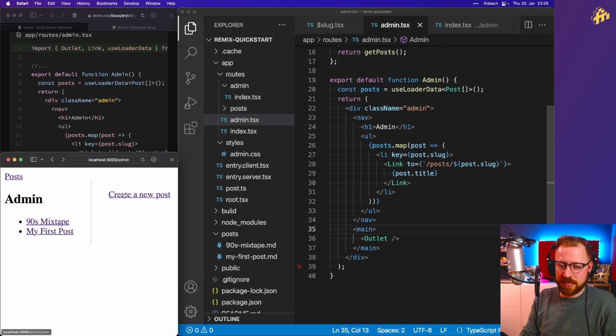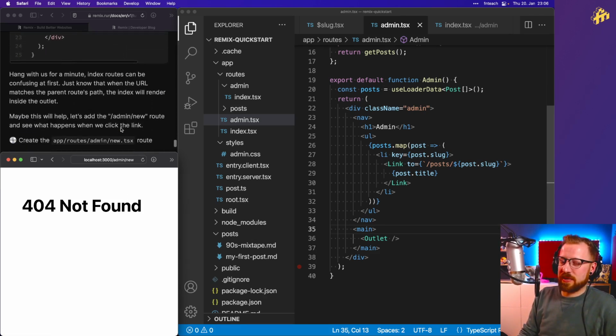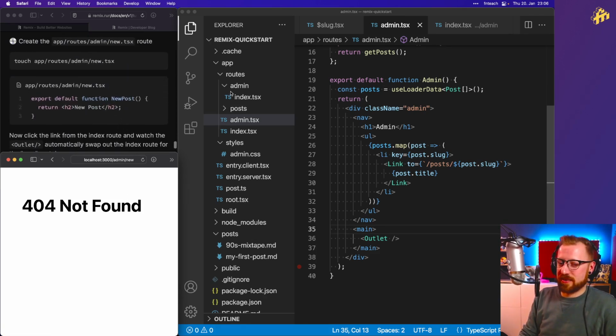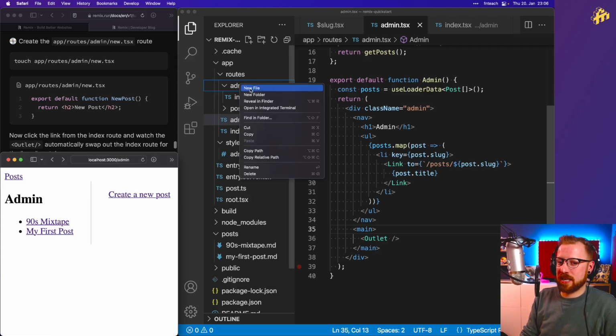And if I hover over that icon, it's a bit tiny on the stream. This links to /admin/new. I won't touch it. 404 not found. We don't have a new page, but we can add one. Right? We saw that we have /admin, the index. That is just whatever shows up on the index of this. Now we also want /admin/